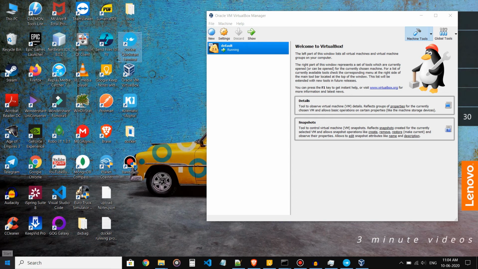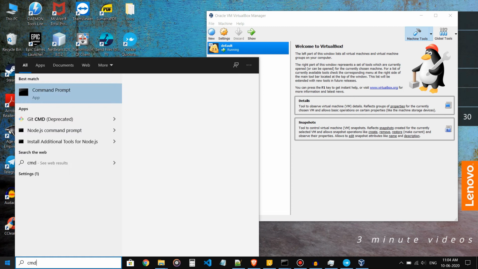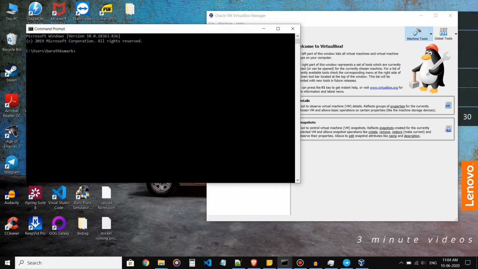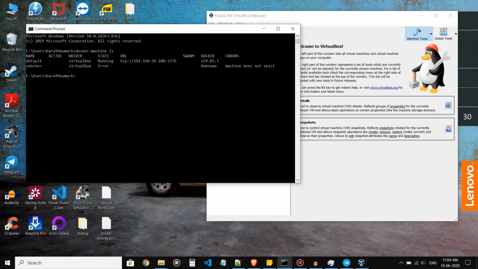First go to CMD and there you type docker-machine ls, which is used to list all your VirtualBox machines. Here I can find default. So what is this default? This default is our Docker machine, which made use of Oracle VirtualBox. Here you can see in my case it is running, but in your case it may be something like stopped. If that is the situation, what you need to do is enable it.